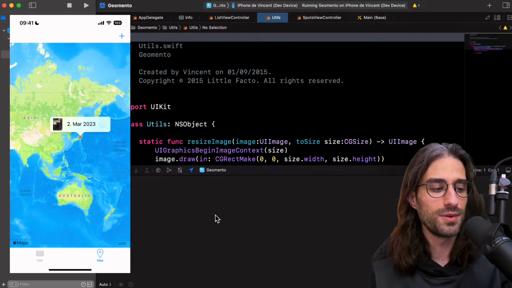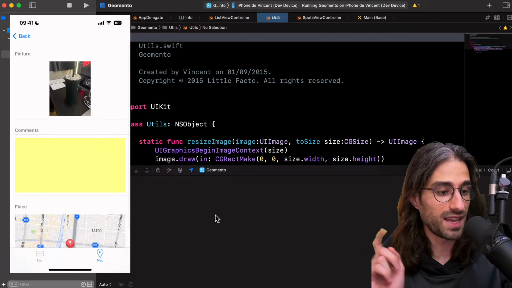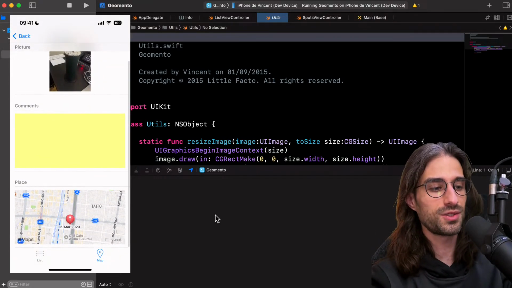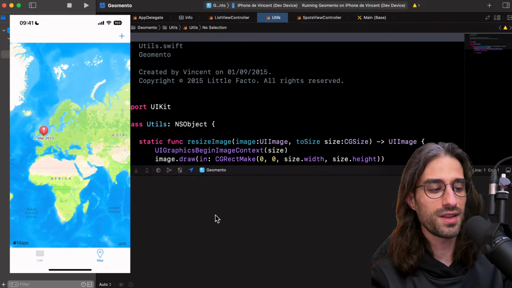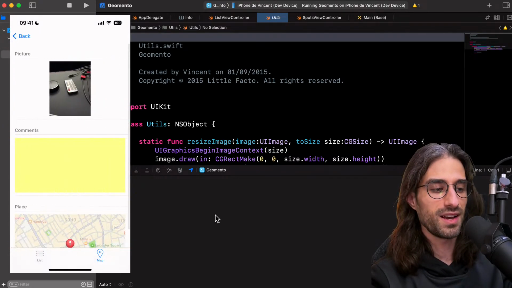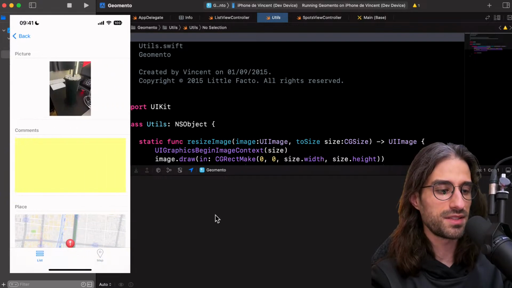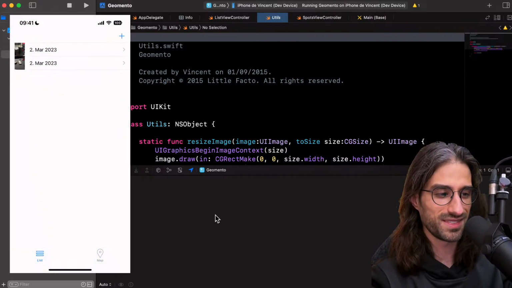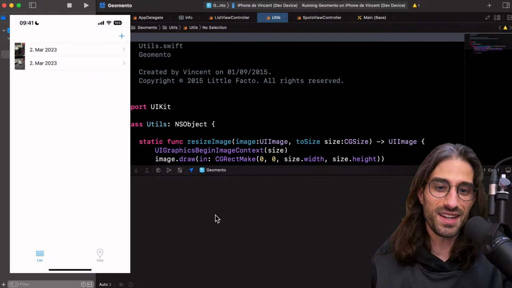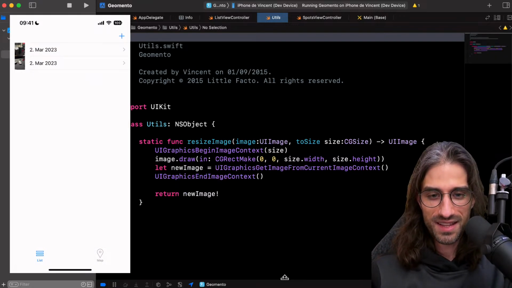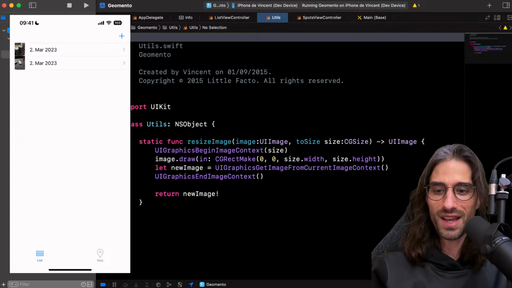And when you tap, you can also navigate to the detail view. That's pretty cool. And let's see for the other one. Okay, data hasn't been persisted, so I might not have implemented things super well, but it was my first app in Swift, you know, fun times. So let's take a look at what we have.